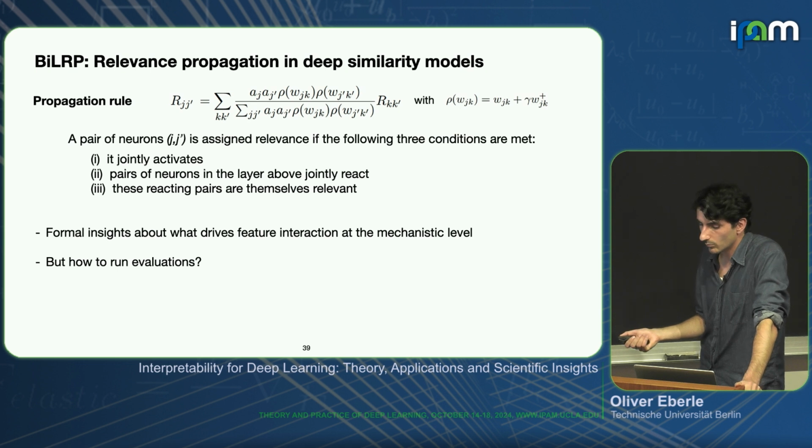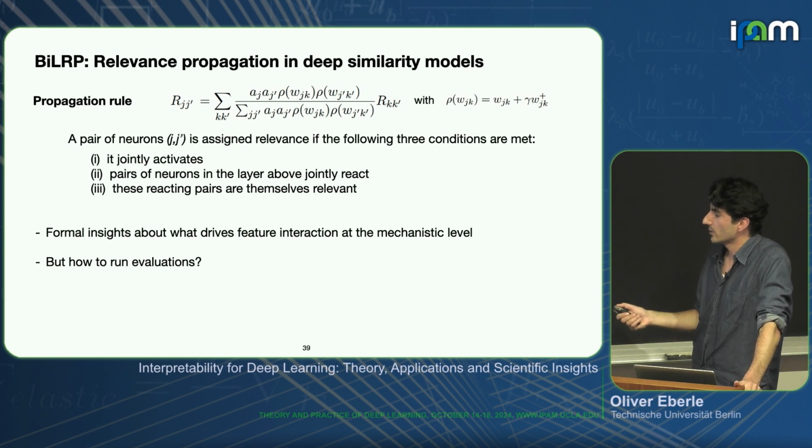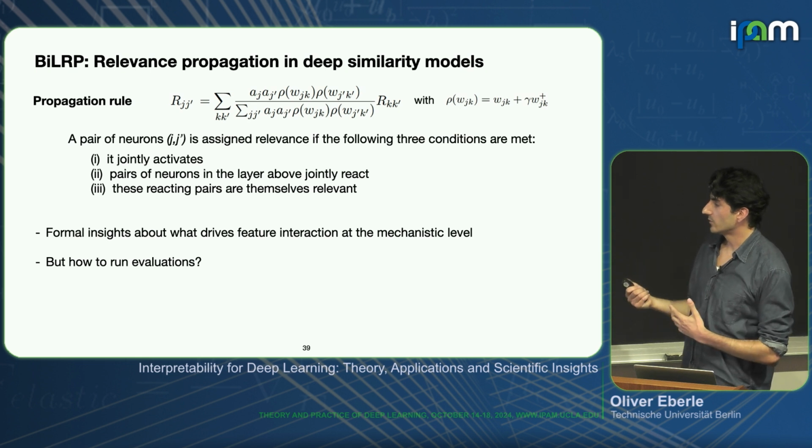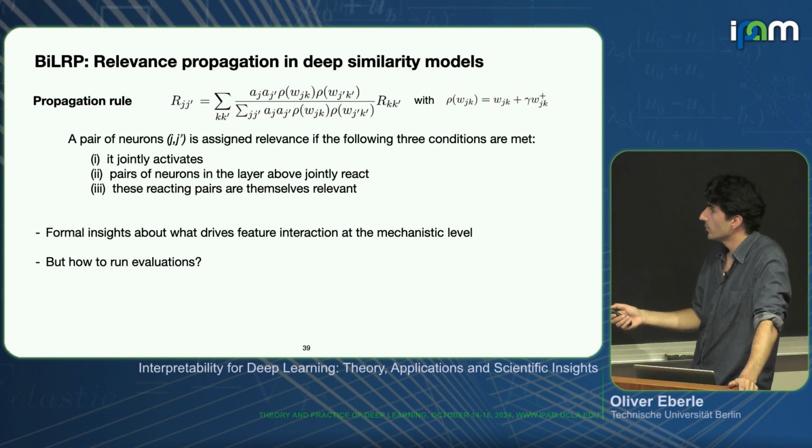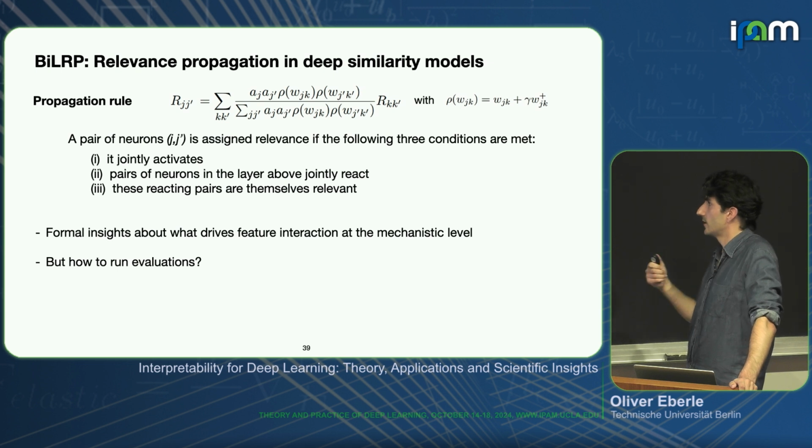What this also gives us is a more interpretable way of understanding how a certain high similarity score in our setting here is actually emerging. You can analyze this function and observe that the activations of the neurons that we are interested in, so J and J prime, need to be jointly activated. Both of these need to be non-zero to produce a positive relevance score RJJ prime. Also, this whole term here needs to be positive, so they need to jointly react. So the weights need to be such that this whole term is positive, or can also be negative, of course.